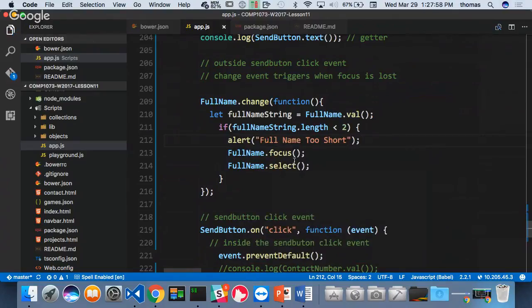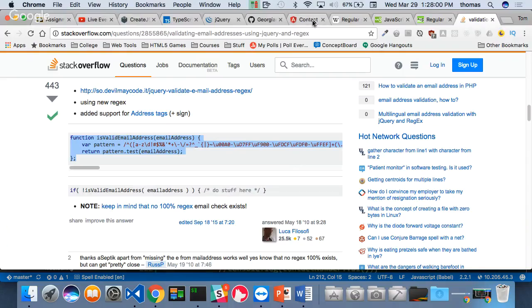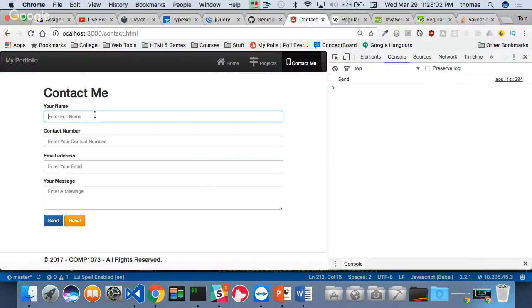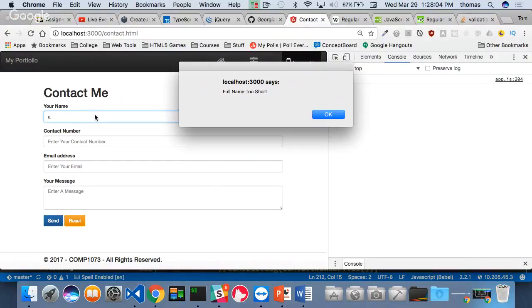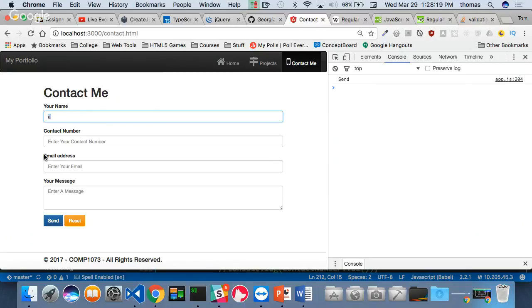Okay, let's test this out first. I'm going to go back to here, and I'm going to type in A and press tab, and it says, hey, your full name is too short. Oh, man, I really hate pop-ups. What could we do to change this without messing up our layout? Maybe put a little bit of space between all these things and include an error message text box,